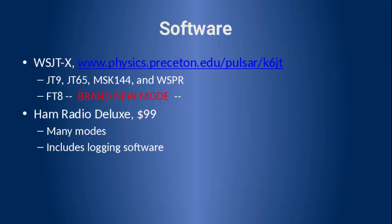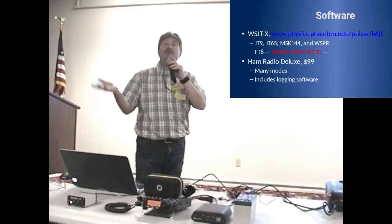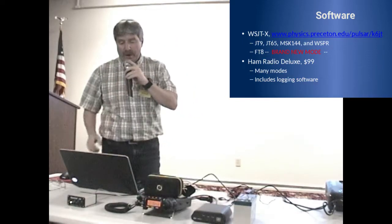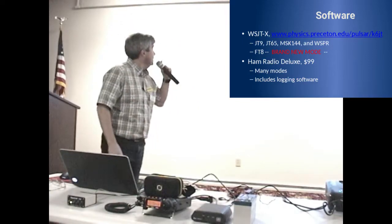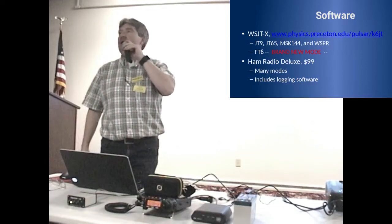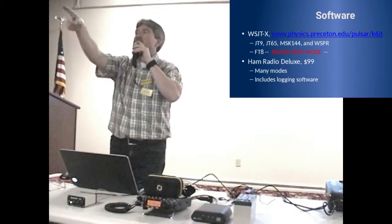Another software that's free as well is the WSJT. That's the JT65. It's also the FT8 mode that's out there right now. These folks created that brand new mode, FT8, and it's brand new as of July. It was a beta, came out in July, and I think just recently they issued...